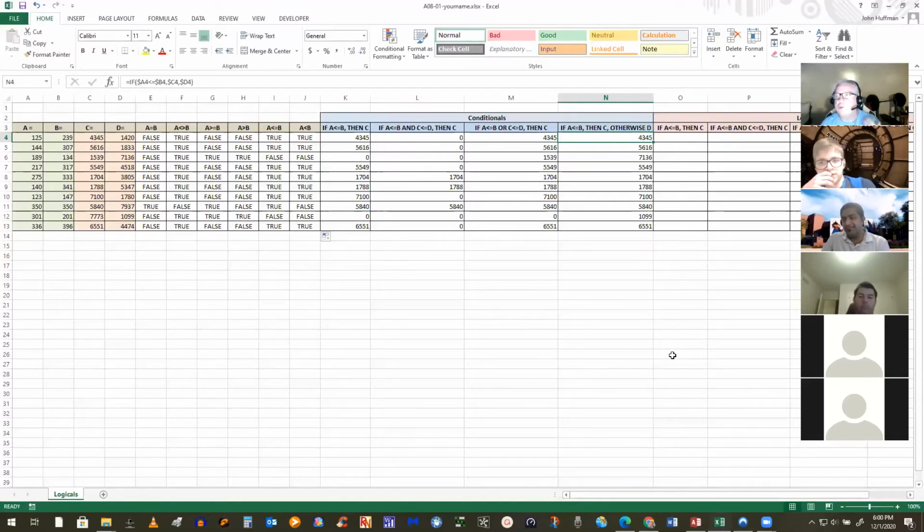But the problem is I had so many calculations to make. And I tried everything I could think of. I was using array formulas, you name it, and nothing was working very well. And then I went to a conference, and there was a guy presenting basically the same work I was working on. And he said, and by the way, this is so easy to do. I did it in a spreadsheet.